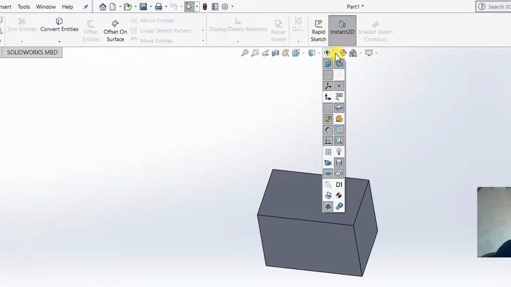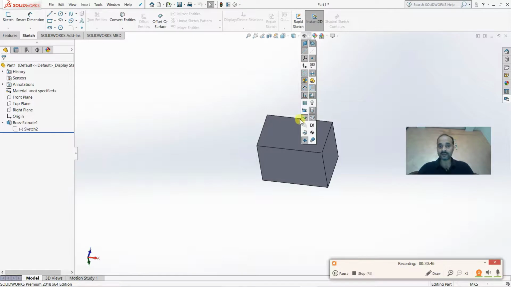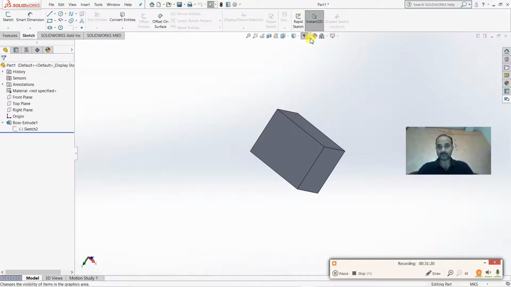If I click, then you can hide planes, hide axis. These are basically visible on your screen. If you want to hide this XYZ, then you can click and your XYZ icon will be hidden. It means you can show or hide multiple things from here.